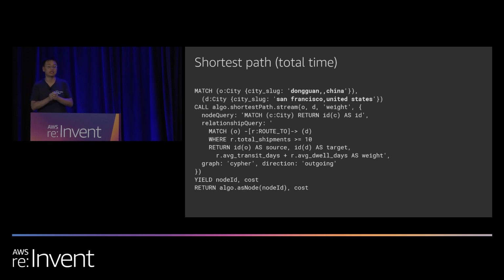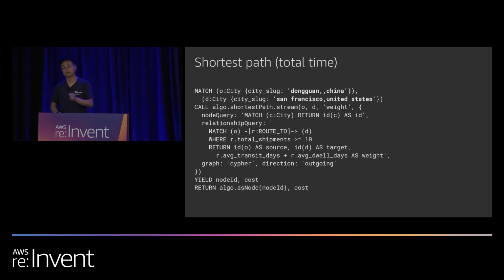And in many cases, we are even able to do this: even for a certain route we have never done before, with all the information, we are able to forecast and project that, hey, this is a new trade lane, we never handled it, but we think this is probably how long it will take, or what the cost looks like, okay? And customers love it.